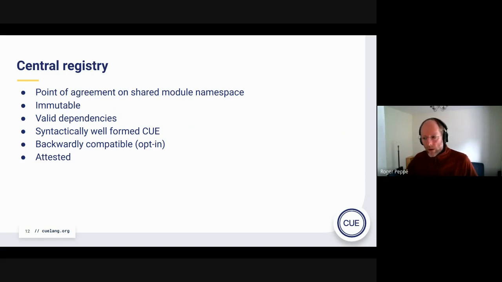For example, that if you pull a module, all its dependencies are actually available and well formed. That you can make sure that the queue is actually syntactically okay. You can check, for example, that when somebody publishes a new version, it's backwardly compatible with an old version.